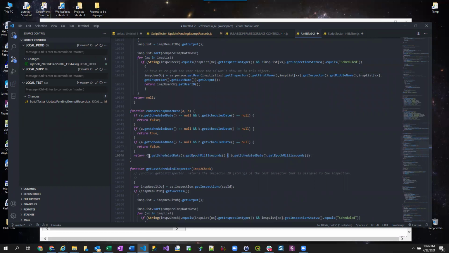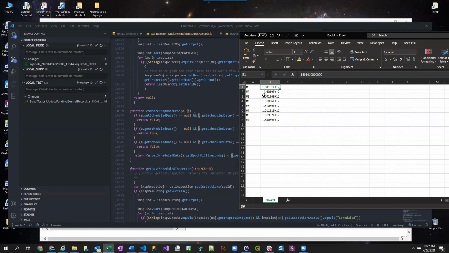I changed this. What it was doing was a less than. So the problem was, okay, let me just get to the problem. It was getting the scheduled date, get epoch milliseconds, less than the B, the second item in the compare function, get epoch milliseconds. But it's treating it like a string, I believe. So I was getting weird results where I noticed that if I got a bunch of inspections, and here, let me just do this. So if